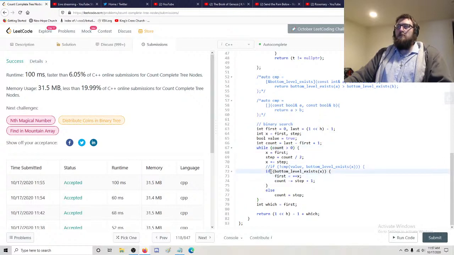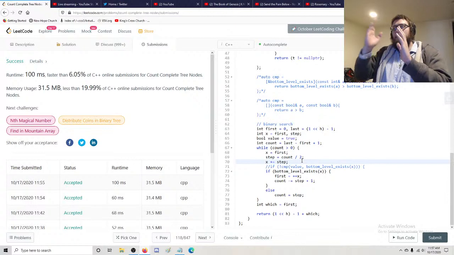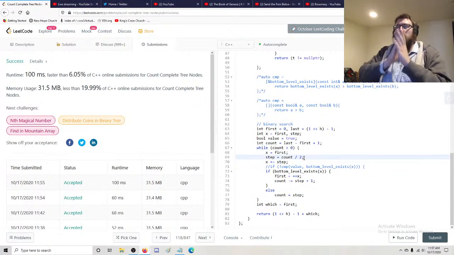Yeah, and then your if else, in both cases, updates the range, and either decides to move the front of your range up to basically halfway through, or not, right? And the step is just going to be half the range. So either update. So you set x to be